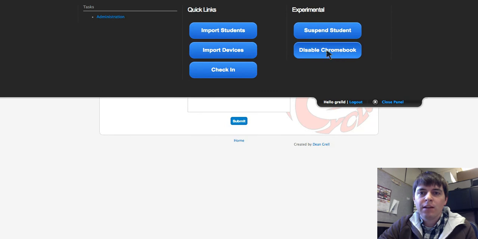Disable Chromebook is probably not going to work just yet with the APIs that are available, but I wanted to have a way to mark a Chromebook as disabled and pop up that return prompt. So that's what's coming down the line,